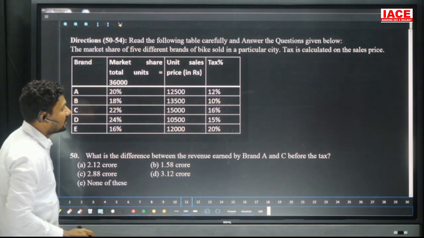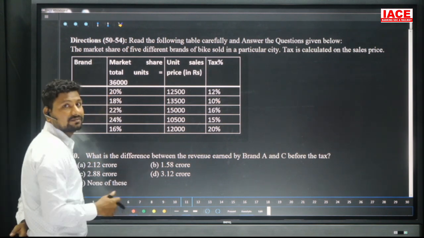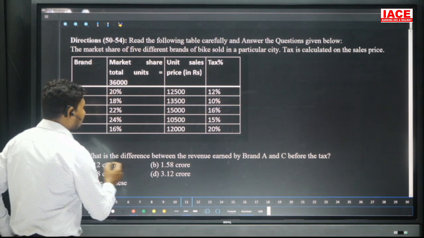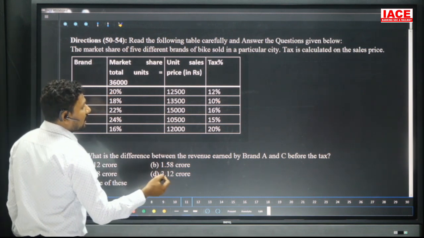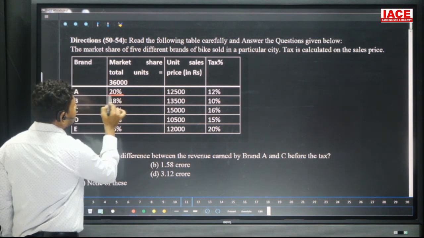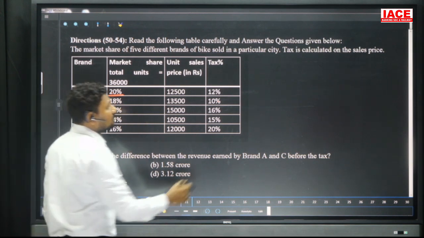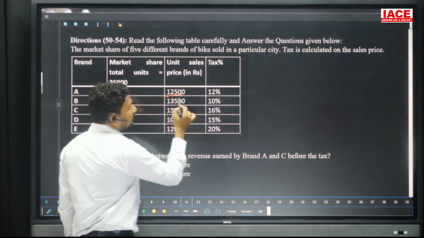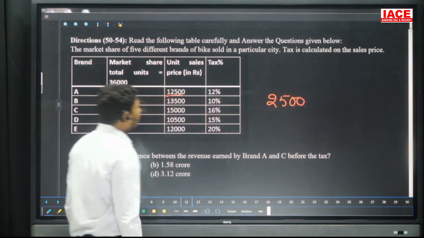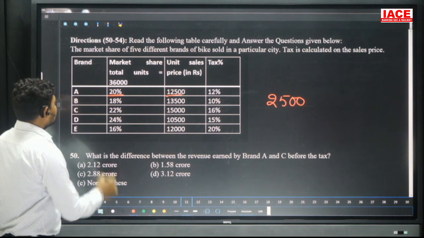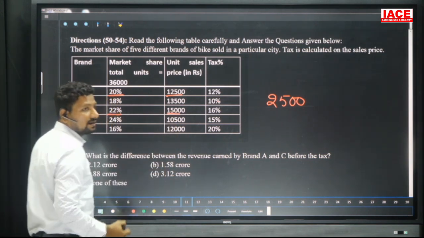What is the difference between the revenue earned by brand A and C before tax? Before tax, without calculation of tax, what is the difference between the revenue earned by brand A and C? A value is how much percentage? 20 percentage of 12,500. 10 percentage value is 1250. 20 percentage value is 2,500. And C is 22 percentage. 10 percentage value is 1250, but we need here